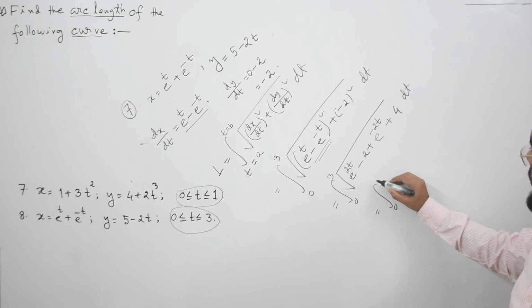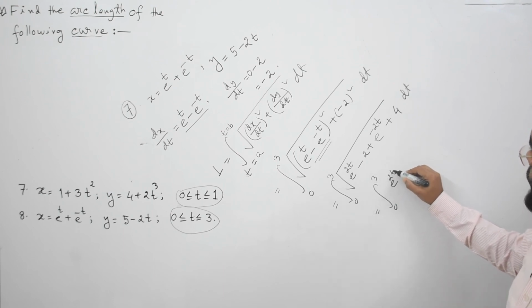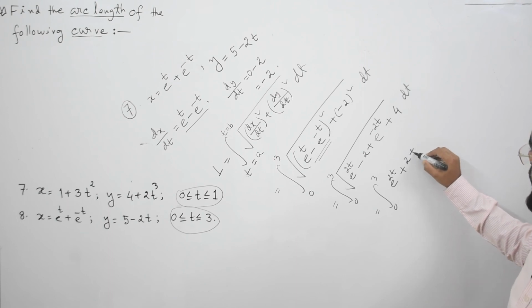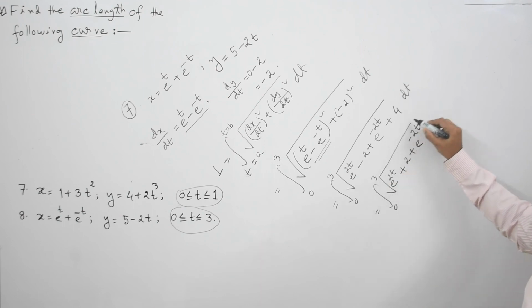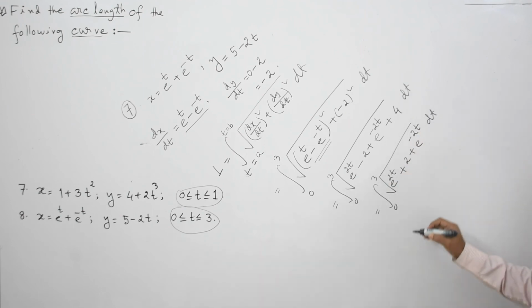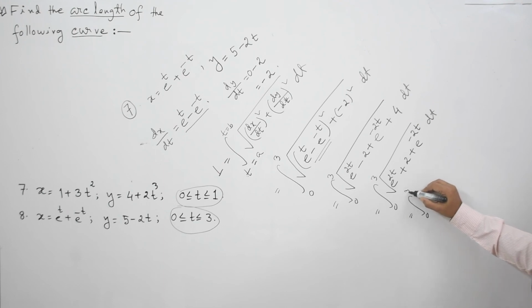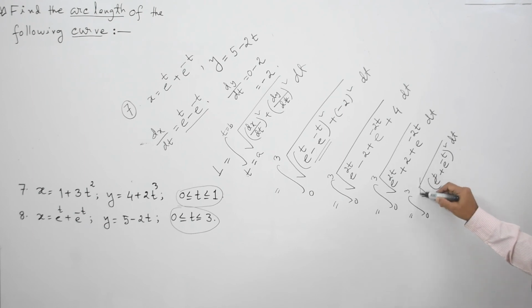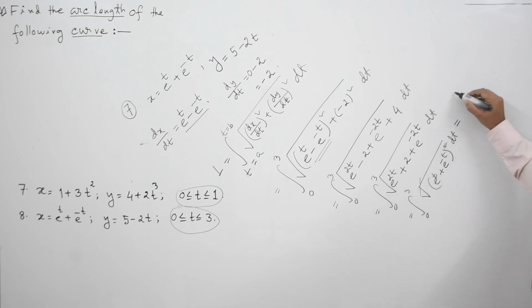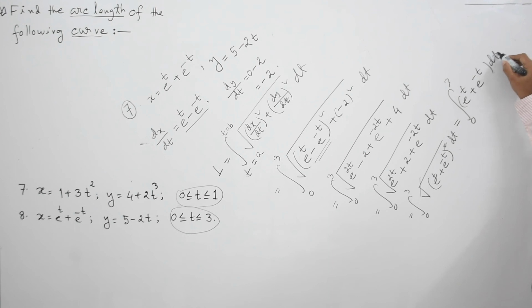This equals the integral from 0 to 3 of the square root of e^(2t) plus 2 plus e^(-2t) dt, and this one is nothing but the square root of (e^t plus e^(-t)) whole square dt. Now we can cancel this. So we have the integral from 0 to 3 of e^t plus e^(-t) dt, and